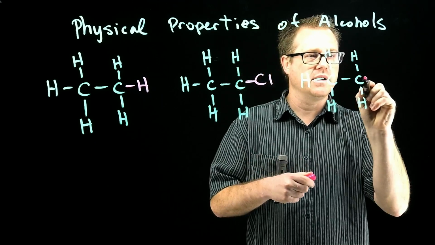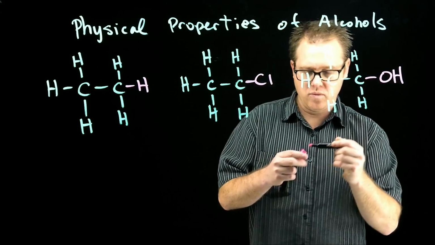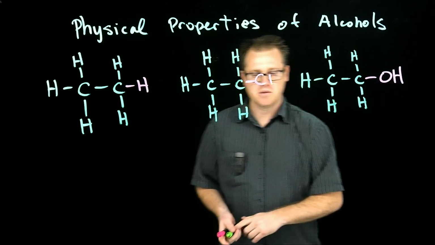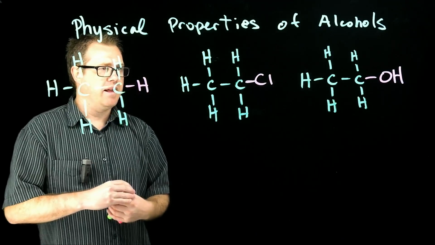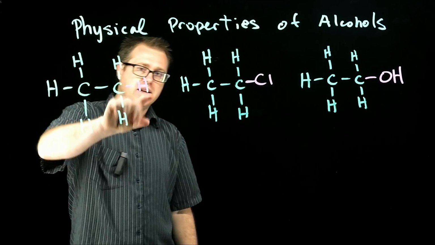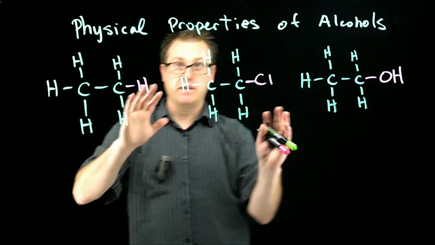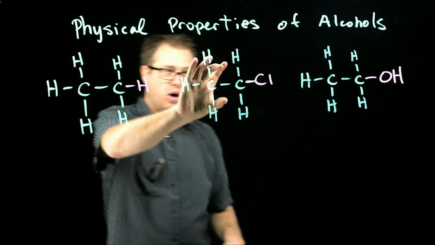Now what's interesting here, or something that we need to understand, is we're trying our best to compare apples to apples. And the way that we're doing that is, yes, the pink atoms here are different, but the green parts